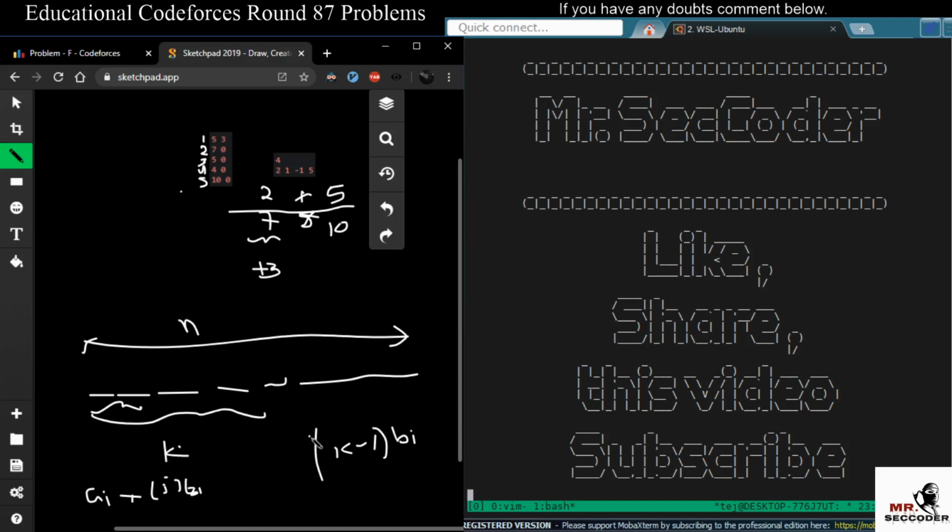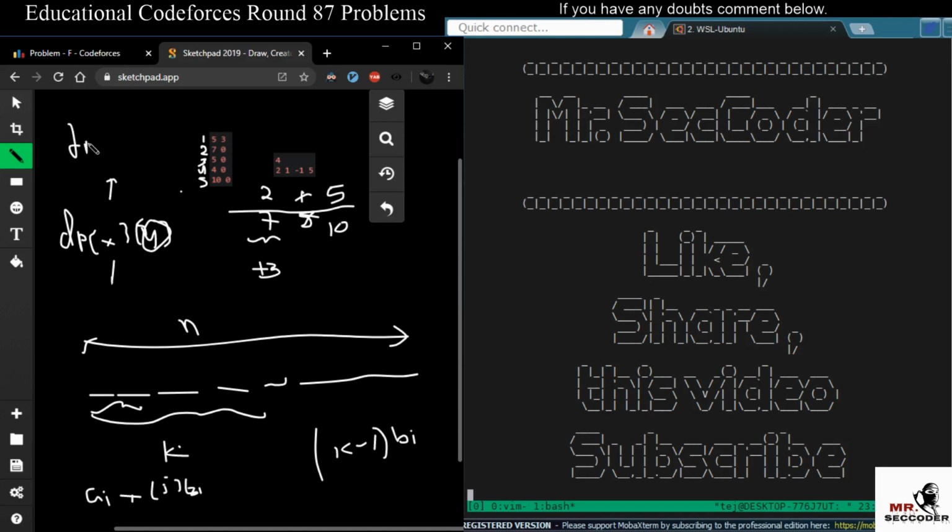So what we do is first we sort all the minions by b of i value, and we define some state dp of x comma y, okay? What x defines is, if this is the xth minion that we are going to add, and if there are already y minions in the first group, then we go to the state of,